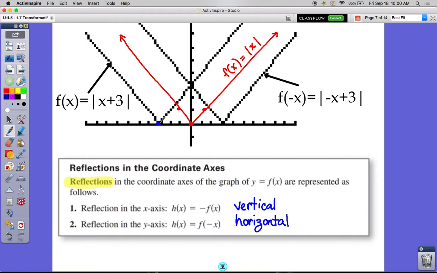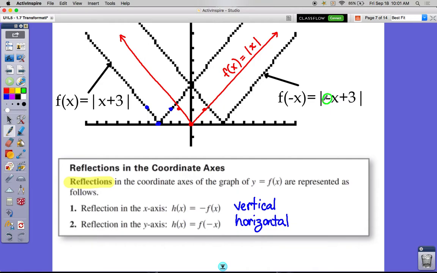1, 2, 3. There's that point. 1, 2, 3. There's that one. This one, 1, 2, 3. So in each case, those points moved. This one represents a left shift of 3 units because it says plus 3 in the equation. Now this one is the same thing. It did move 3 units to the left, but then it also reflects because of the negative, reflects over the